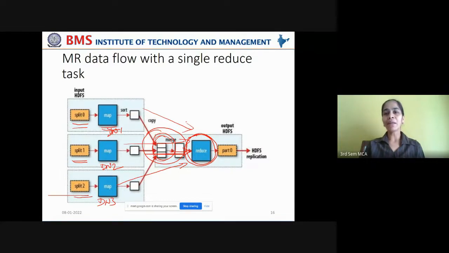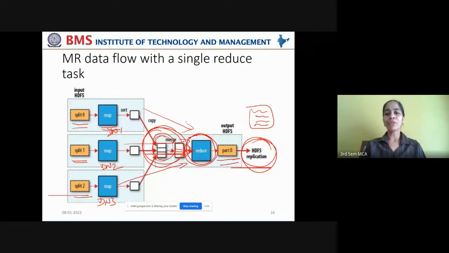If we have multiple reduce tasks, then we can have as many reduce tasks as the number of map tasks. But here we have a single reduce task. That is why all the map job outputs are merged into a single input and passed on to the reduce job in order to get the final output, which should be written onto a file on the HDFS cluster, and at the same time replication also has to be maintained.